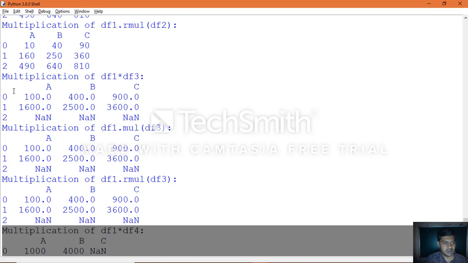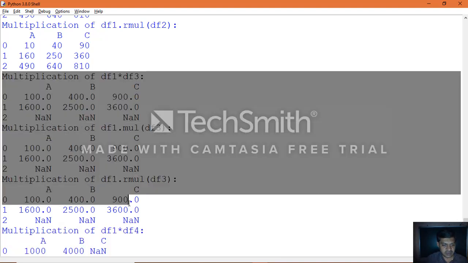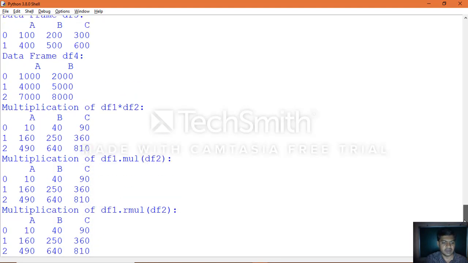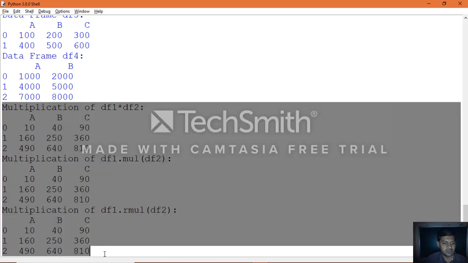Same way between 1 and 3 objects, you can see the same result again. Same way, between 1 and 2 objects, the same result. So that is how you can perform multiplication binary operation between two data frame objects.